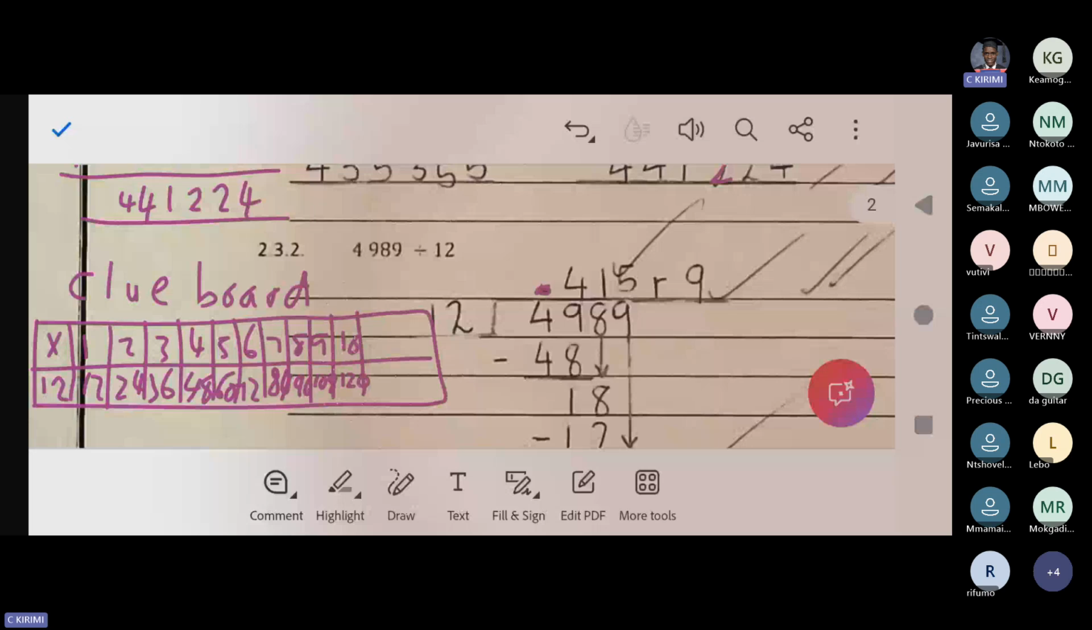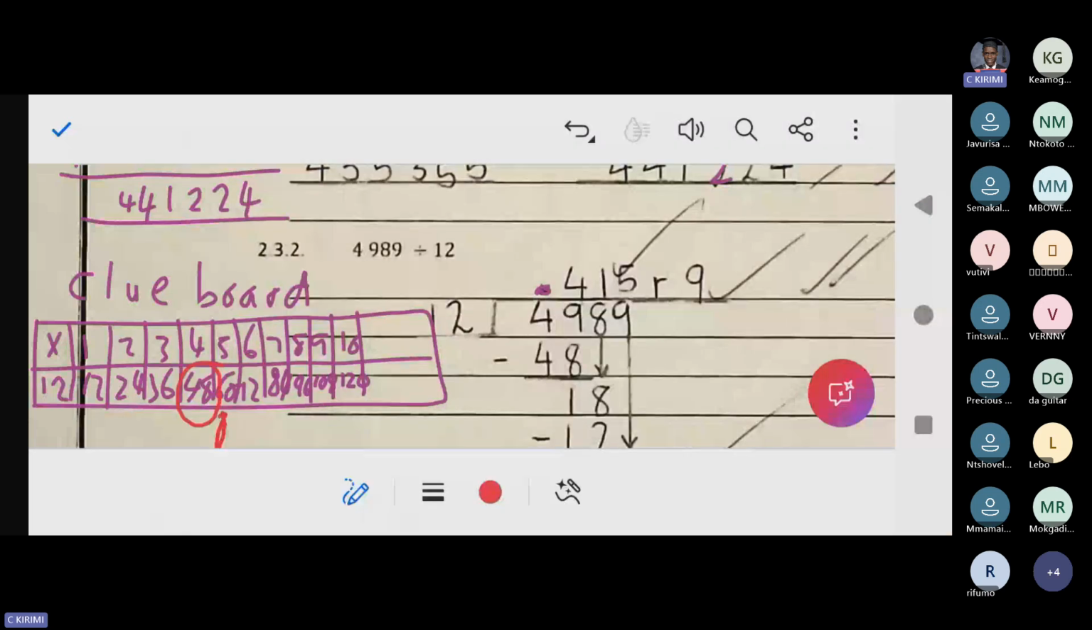So you check, there is 48 here. But 49 is more than 48, but less than 60. That's where 49 is, somewhere there. So 4 times. And what times 12 is the answer, from the clue board. So 4 times 12 from the clue board, you have it already. It's 48. You subtract: 9 minus 8, 1; 4 minus 4, 0. When you get 1,